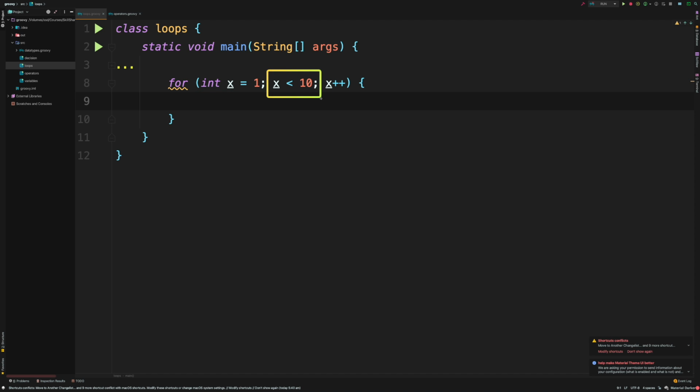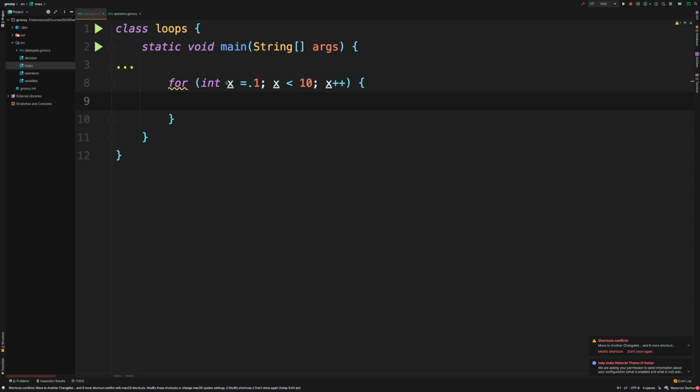Next, we have this x less than 10. This is our condition. So basically, it's going to tell the compiler, hey, keep running this loop until x is greater than 10. And we need to make sure that we get to some point where we get out from the loop. So if I say x equal to something like 1 or 2, now the x is never going to be greater than 10, and this will become an infinite loop which will never be stopped, and that can cause a lot of issues. So when you run a loop, you need to make sure you can break out of it.